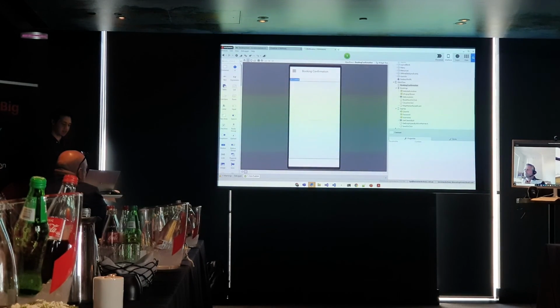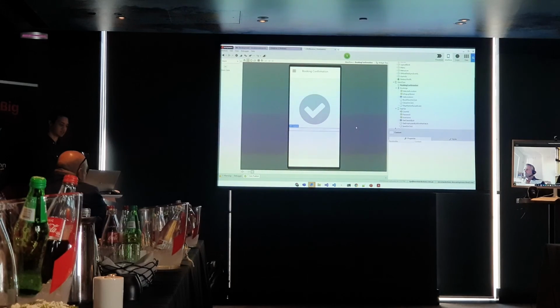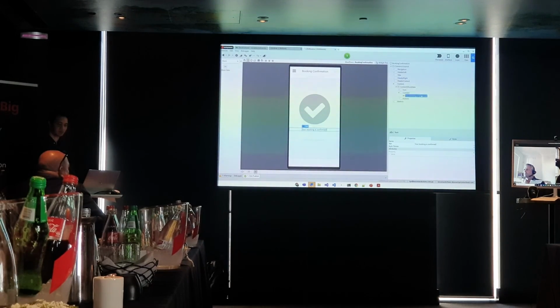And we'll just go ahead and create a simple screen using the blank slate functionality, which allows us to put a nice icon in the middle of the screen. And we'll just make this a check circle with some text, let's say, booking is confirmed. And again, we can do the same thing. We can make this text